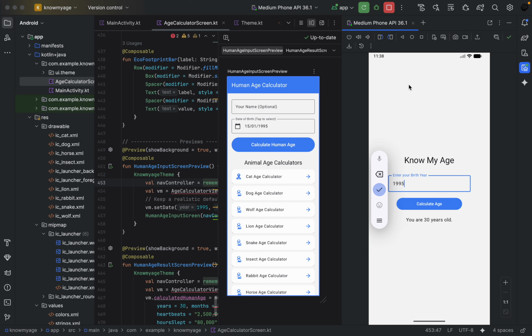Okay, so the second page, in the age calculator, the human age input, this one. I don't understand it, so I'm just going to copy all of that, and I'm going to put it here. I will say: fix all errors and improve UI and UX,